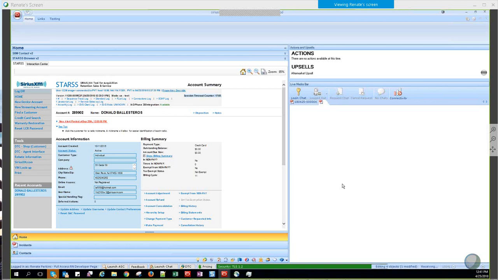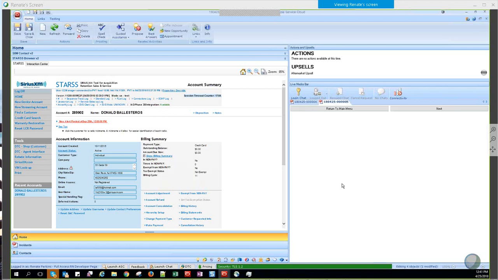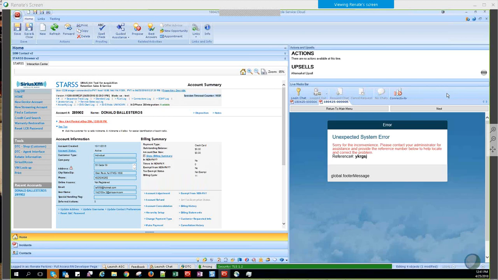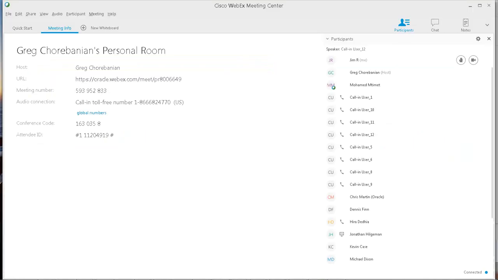Let's try this one. This is Pega. So it doesn't look like the integration is properly set up. So we'd have to get this working for you properly before we can show this to you. But you can see that,